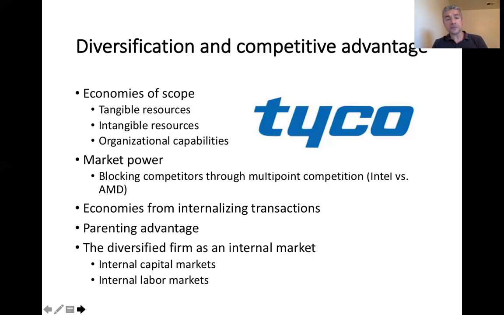Finally, diversified firms could act as effective internal labor markets. You identify best qualified employees, you give them opportunities to grow, you transfer them between different elements of your business and maybe sometimes between different geographies. So I know some of you work for multinational companies and you would be excited to consider international relocation, maybe try out the expat life for a while.